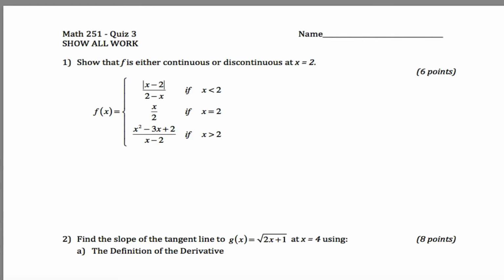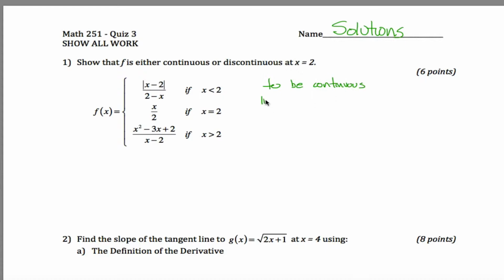Okay, here are solutions for quiz 3 for Math 251. First question has to deal with continuity, specifically whether or not this piecewise function is continuous or discontinuous at x equals 2. So what you need to know is, to be continuous,